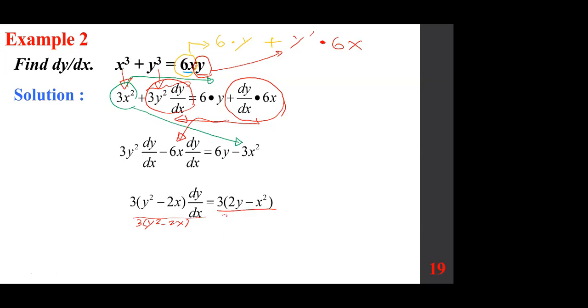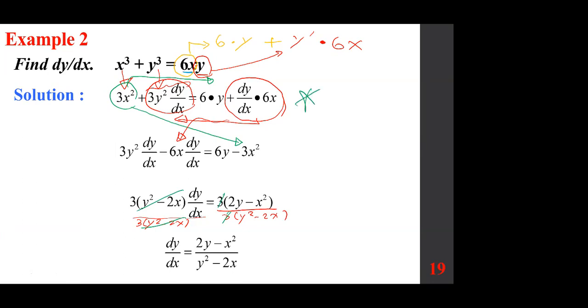By 3 times y squared minus 2x. The left side is left with dy dx, and the right side is 2y minus x squared over y squared minus 2x. The only thing I want to add, class, if we go back to this step,